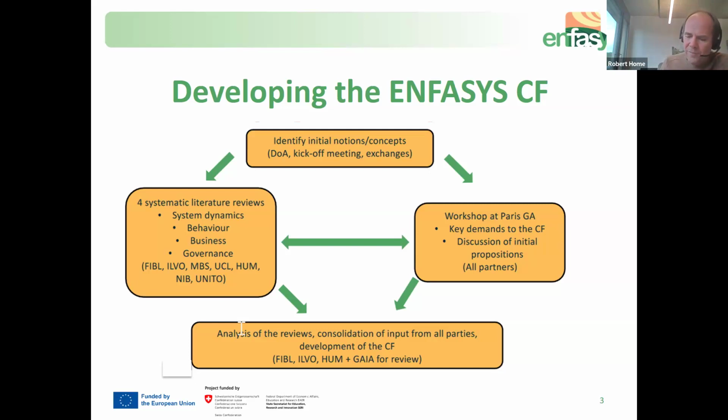Our constraint was that it had to be sufficiently broad to accommodate this very, very broad range of cases, which had been, as I said before, explicitly chosen to be as broad as possible. But it also had to be specific enough to be useful for the collaboration, so that when we apply it to one case study or one part of the work in the ENFASYS project, then we produce something which is comparable or at least able to be connected with other parts. So we're faced with the situation that it has to be broad and specific at the same time.